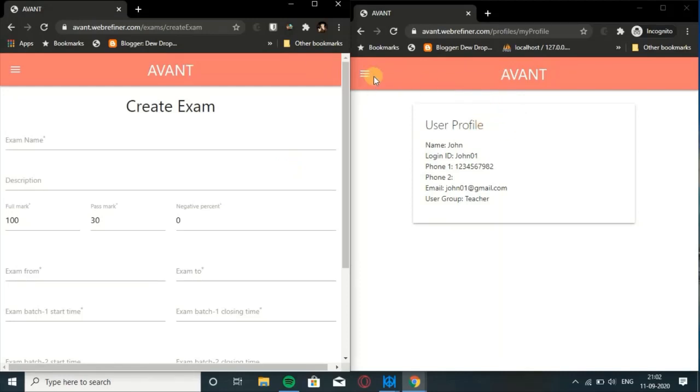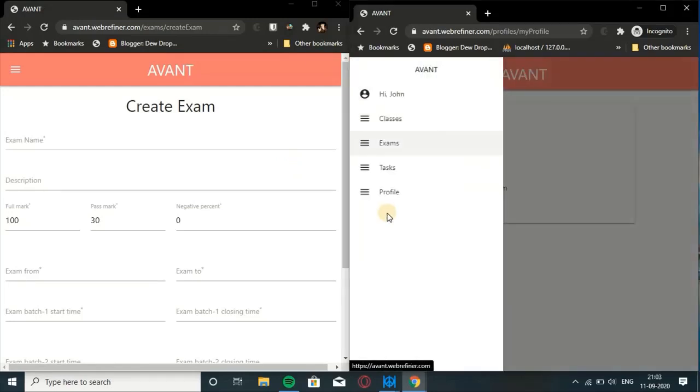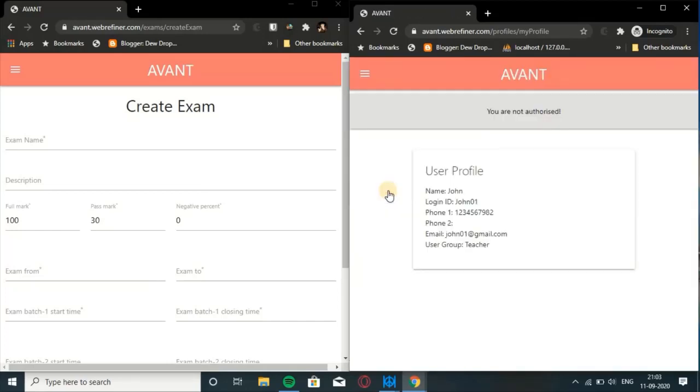Let me quickly show you on the teacher's side. Teachers as of now can't create exams because they are not authorized currently in this session, but it will be available in the near future for the next exam, when they will take the class test and all. This option will be available and they will be authorized then, but for this exam they're currently not authorized. So let's create the exam from an admin's ID.